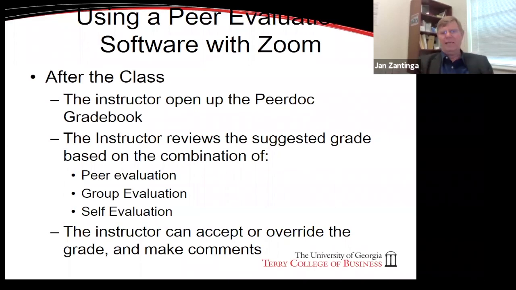So the final grade is still always in the hand of the instructor. And I think that's a key point of this process. Yes, we use Zoom, yes, we use PeerDoc, but it is always the instructor that makes the final decision.